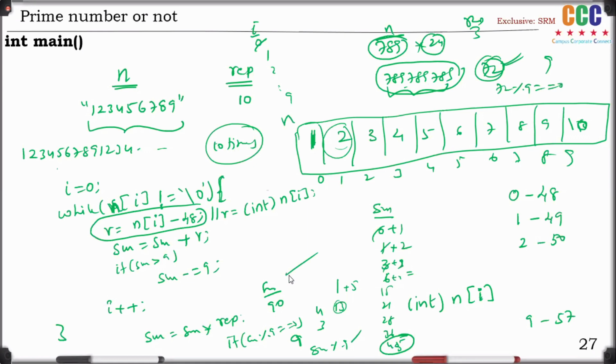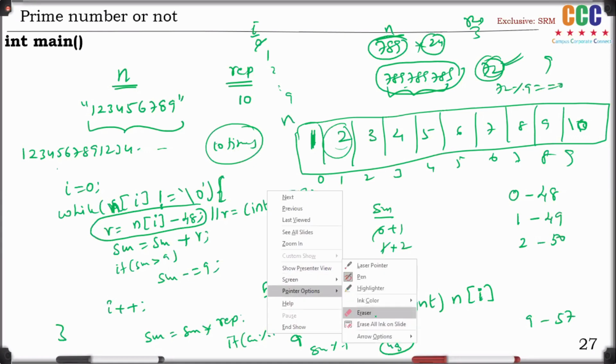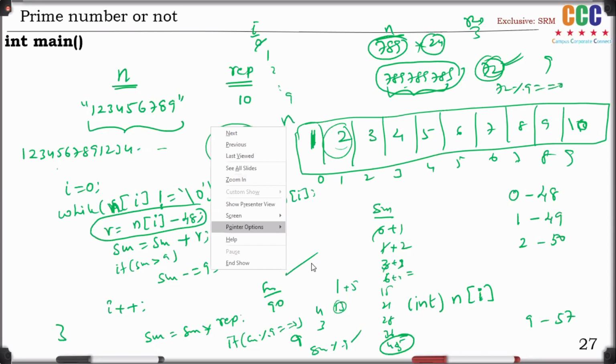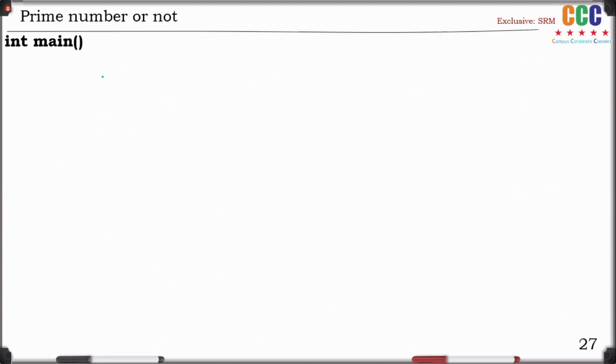The same logic. I told you, no, I'll give you all interview related types only. Same logic. While n not equal to 0, the same logic, dear friends. r is equal to n mod 10 kind of thing.